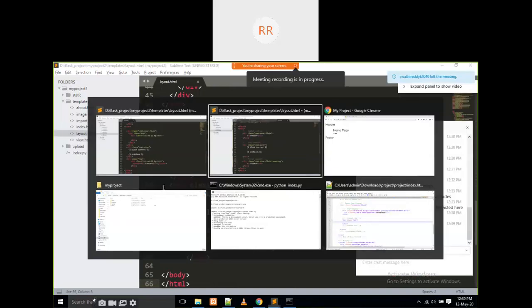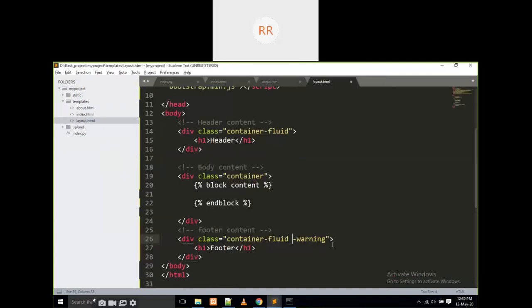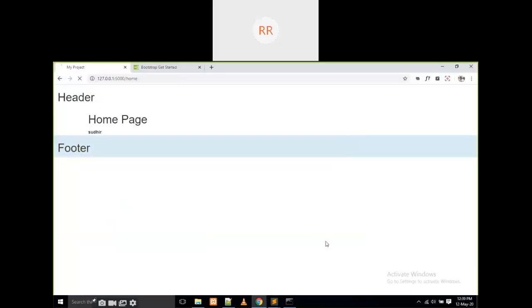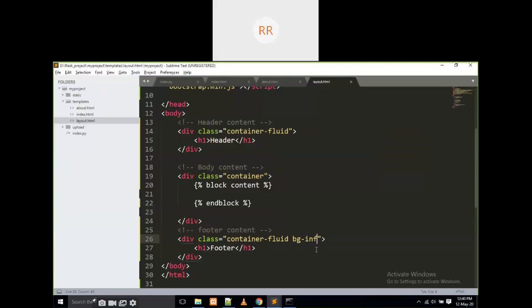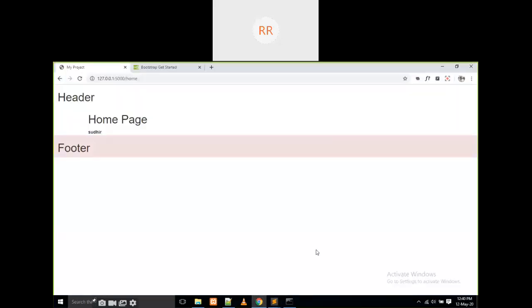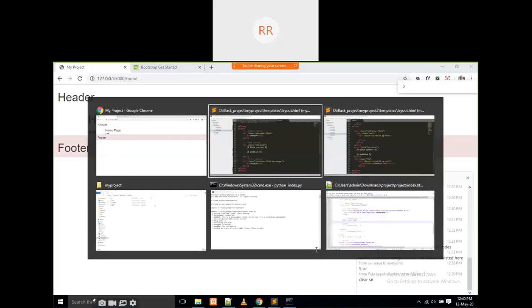BG info. Like this. If I add like this, it is going to give some color to this one. Okay, I am writing some color to this one. Or anything. BG danger. If I write danger, it is going to give some other color.